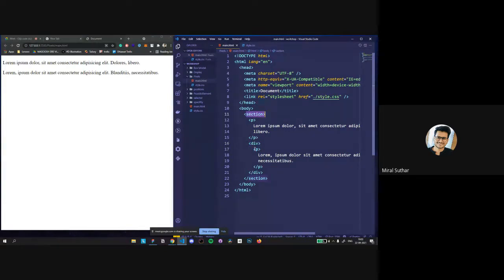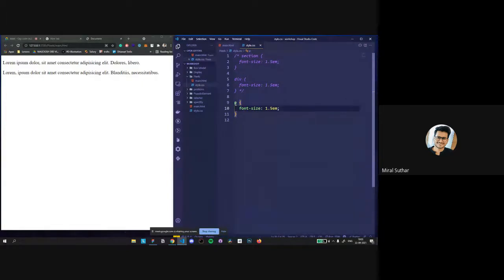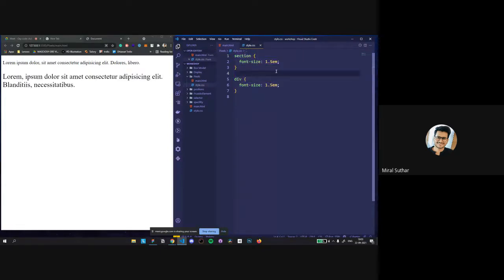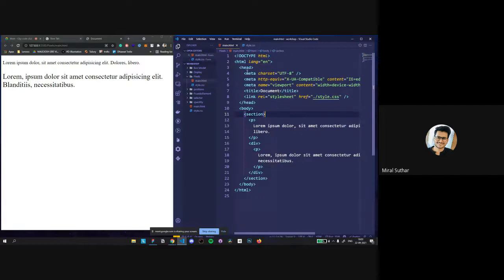So it's going to multiply over the div and the section, like when you give the size of fonts. If I remove these and add, see what the section does, it just adds the size.